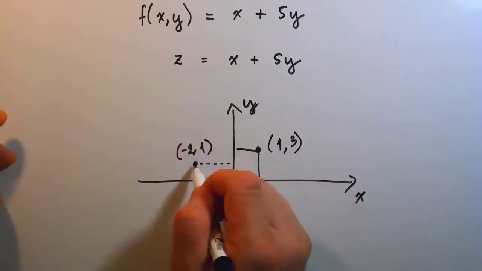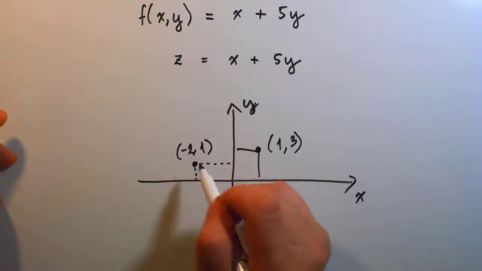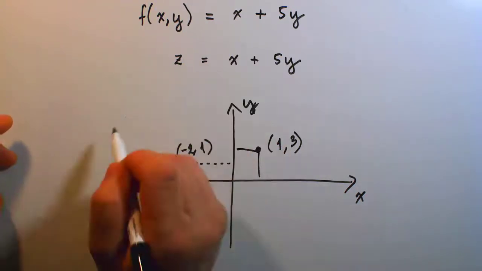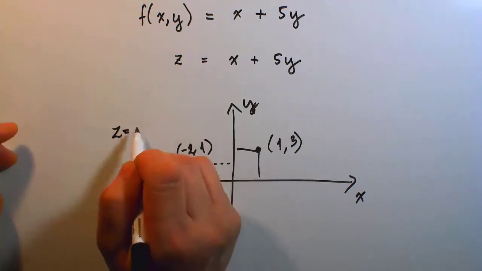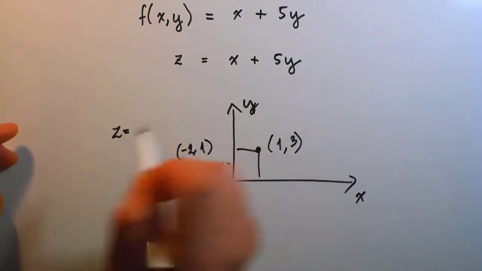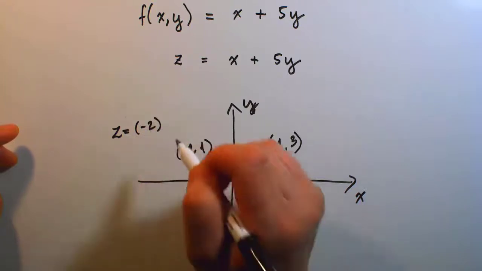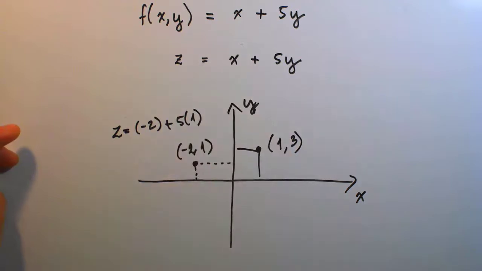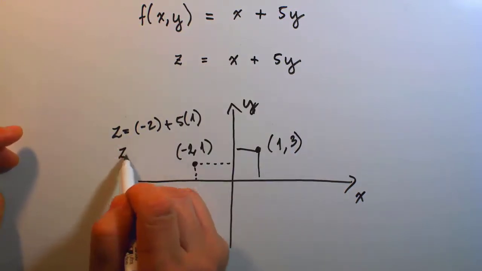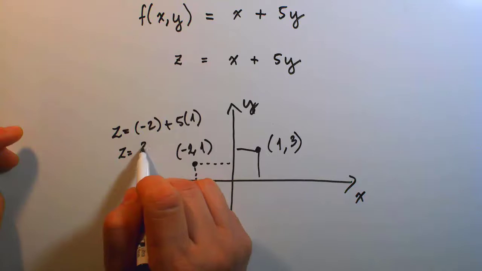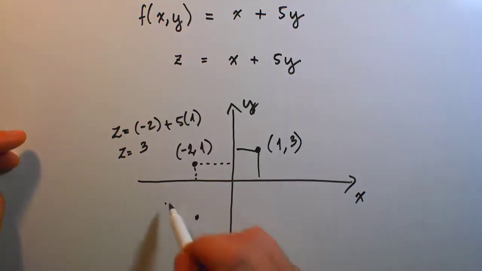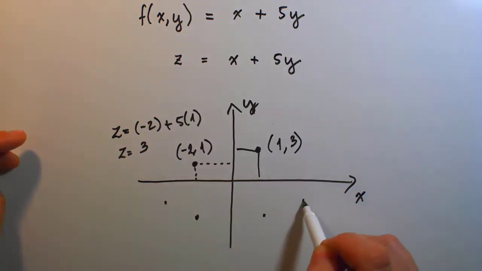So here, if our point is at (-2, 1), -2 for x and 1 for y, then our z value equals -2 plus 5 times 1, substituted for y, and our z value here comes out being 3. So what I'm trying to point out is that technically any point in the x and y plane